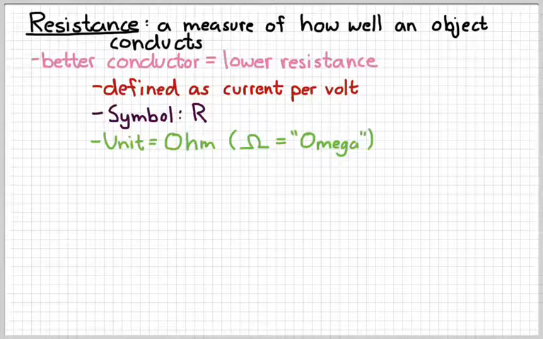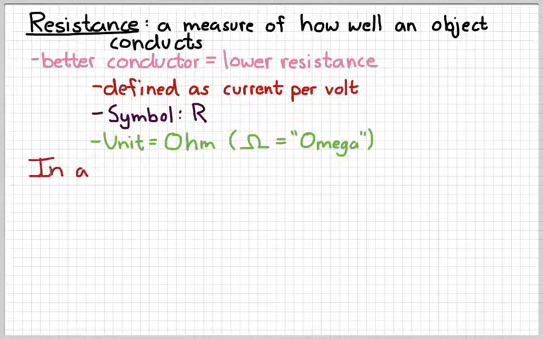Ohm is named after a guy, a Dutchman, I believe. The symbol for an ohm is the Greek letter omega. It's kind of like a horseshoe that's narrower at the bottom than it is at the top. So again, that's the Greek letter omega, which is the symbol for an ohm. So what that means is the more ohms a particular object has, the more difficult it is to make charges